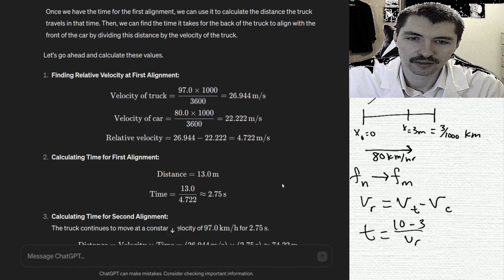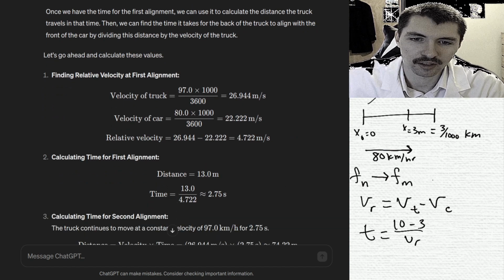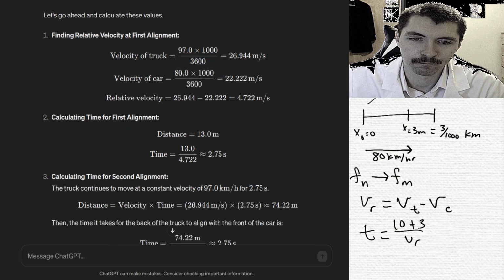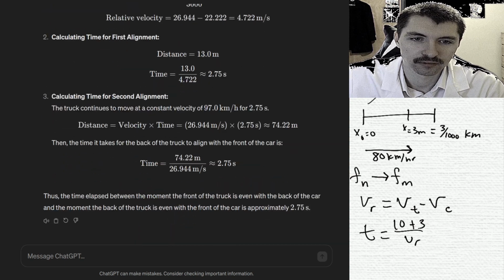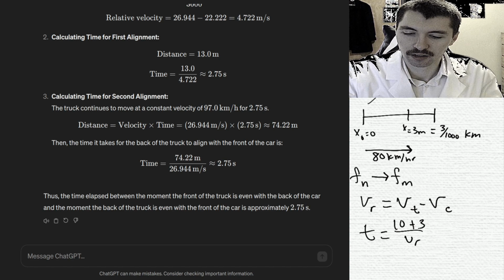So, oh, I guess they're adding it. Total distance. Okay, well,